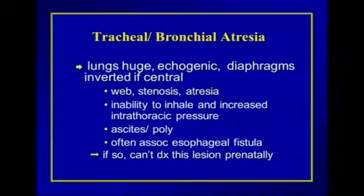Now, when a fetus has tracheal or bronchial atresia, there is often an associated esophageal fistula. If there's an esophageal fistula, that's sort of a pop-off valve, and that will prevent us from being able to diagnose tracheal atresia prenatally. Here's an example of a fetus with tracheal atresia at 17 weeks, and we see these